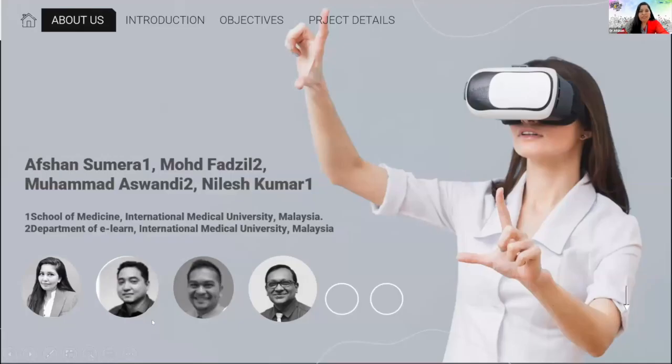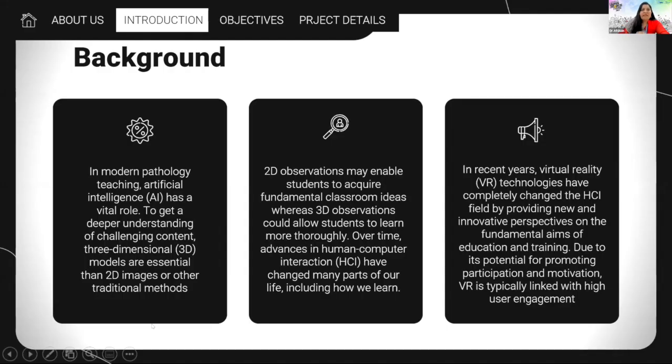So my team includes Mr. Mohammad Fazil, Mohammad Aswandi, and Prof. Nilesh. A little bit of background on why we need this type of virtual environment. We know that 2D images are important. They can give an idea about the content, but 3D is proven to be more essential than the 2D images and these traditional methods. And also we see that over time, there are advances in HCI, or human computer interaction,